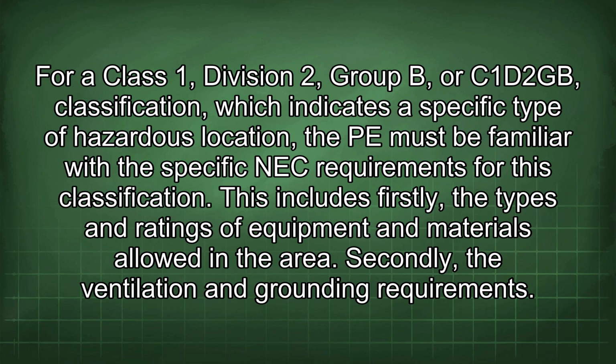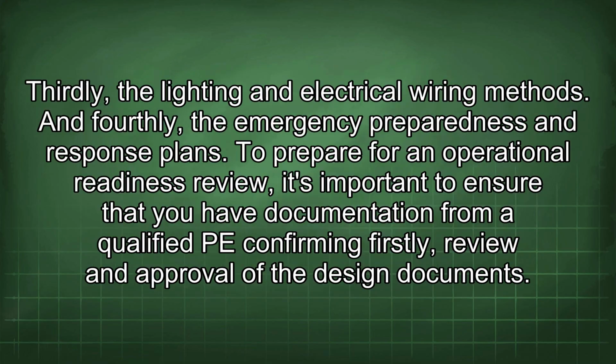This includes, firstly, the types and ratings of equipment and materials allowed in the area. Secondly, the ventilation and grounding requirements. Thirdly, the lighting and electrical wiring methods. And fourthly, the emergency preparedness and response plans. To prepare for an operational readiness review, it's important to ensure that you have documentation from a qualified PE confirming,